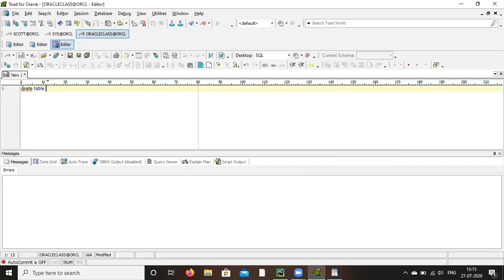Just write create table T1, Oracle, whatever. Just give only one column. Bracket start. Give the column name, data type.